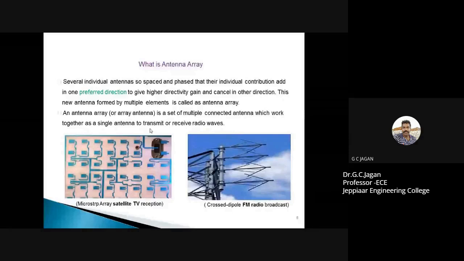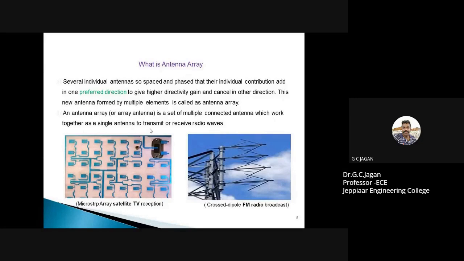And in the second diagram, you can see the crossed dipole in FM broadcasting. In FM broadcasting, they use an array antenna. There they use cross-coupled cross dipole antennas in different directions. So the main concept of an array antenna is that we arrange different elements in a different fashion, and we combine all the antennas so that